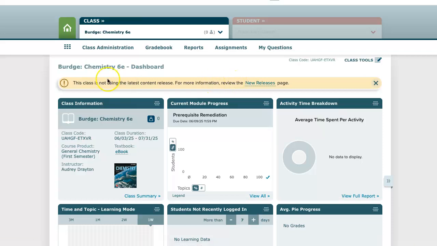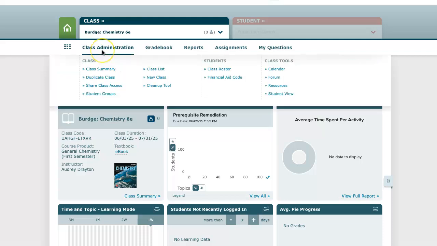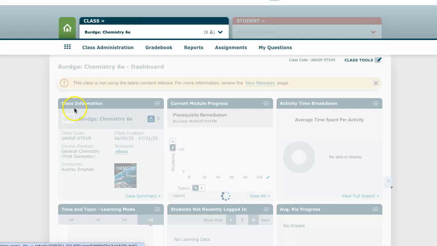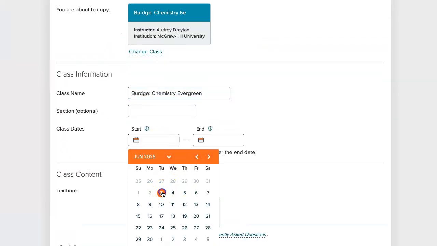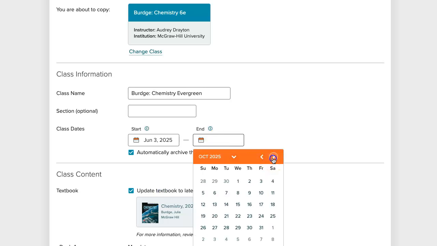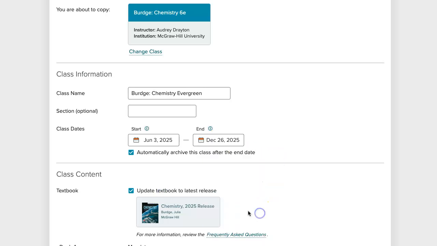If you're ready to go ahead and update to the newest Evergreen release, you will duplicate your course as usual for the new semester. Under Class Administration, you'll click Duplicate Class, and on the duplicate settings, you can rename the course and date as needed. Once you've renamed and dated the course for the new semester, you'll then scroll down and you'll see the textbook